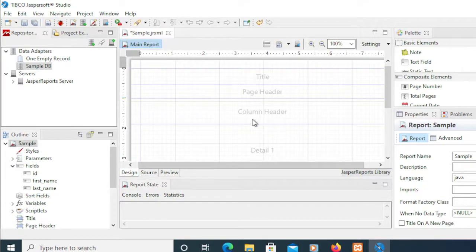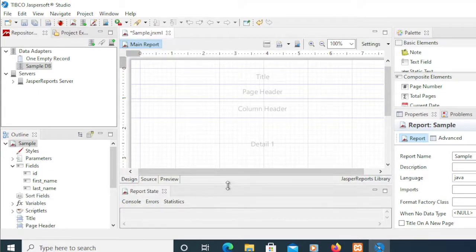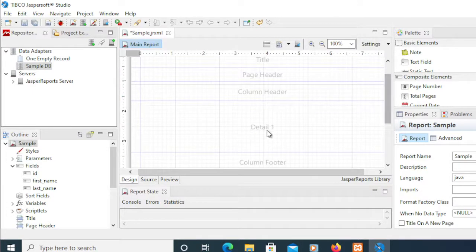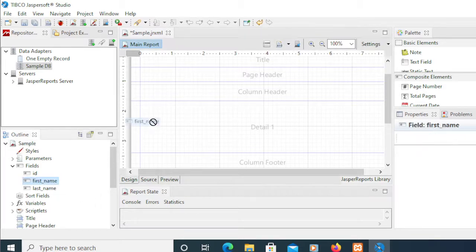There's a bunch of information here. Since we're only focusing on the basic stuff, the requirements we need to display that in the detail section. So in here, this is our detail section. Notice if I drag this one and place that in the detail section,